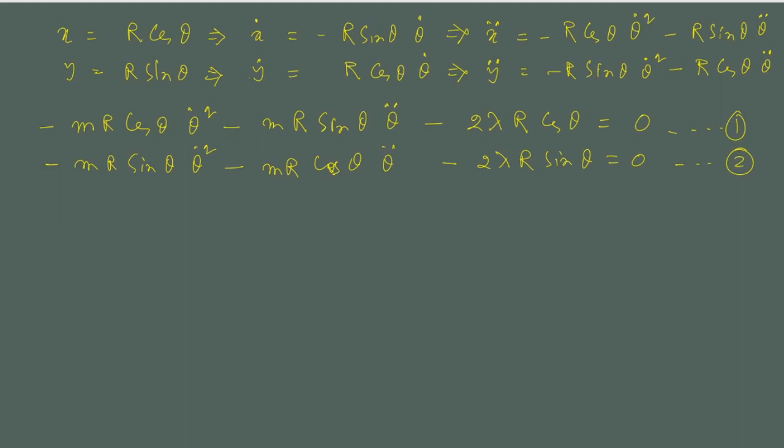Now to get an equation for theta double dot, we multiply the first equation by sine theta and subtract from that the second equation multiplied by cosine theta. That cancels the first term, and it also cancels the last term. And finally we have